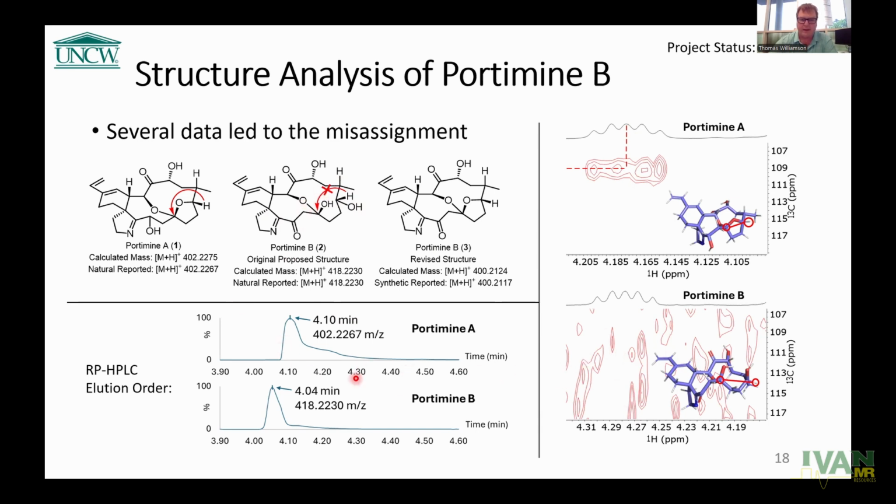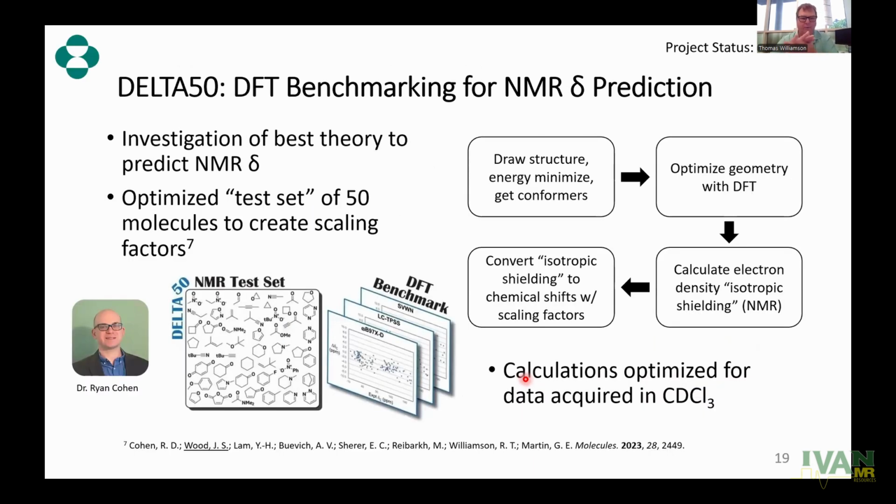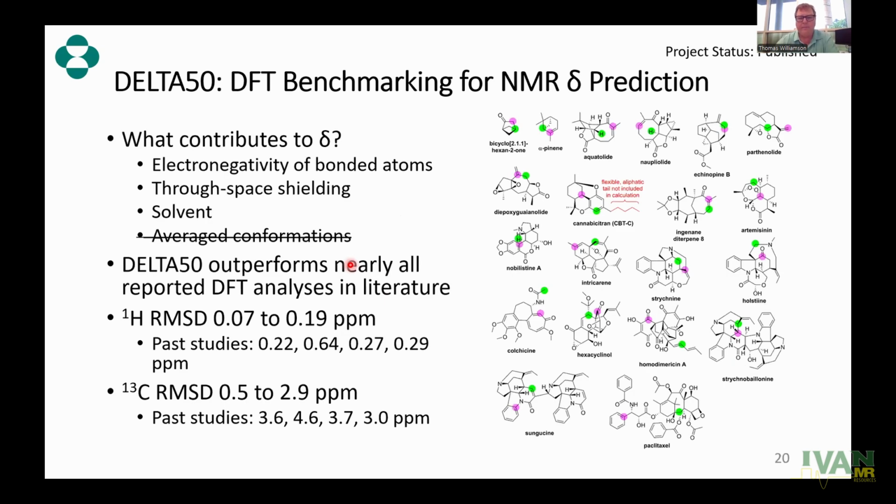So we had three pieces of data, which all are in support of the incorrectly assigned molecule, and really no data that's in support of the new revised structure. And so we were really puzzled about this and decided to look at it more carefully. And one of the first things that we did is incorporate the new DELTA50 methodology for calculation of proton and carbon chemical shifts, in this case in chloroform, and comparing those to our experimental values. And DELTA50 basically is based on